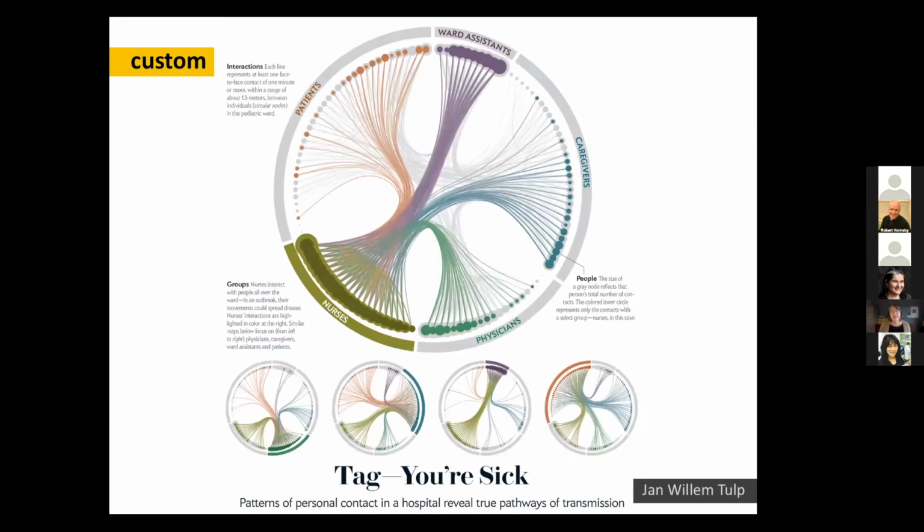If the goal is to then communicate those results to a general audience in an aesthetically pleasing and engaging manner, you can consider hiring a professional. In this case, I obtained the data from scientists and asked data designer Jan Willem Tulp to visualize that information for a lay audience. Here, each line represents a face-to-face interaction among individuals in a hospital as detected by RFID